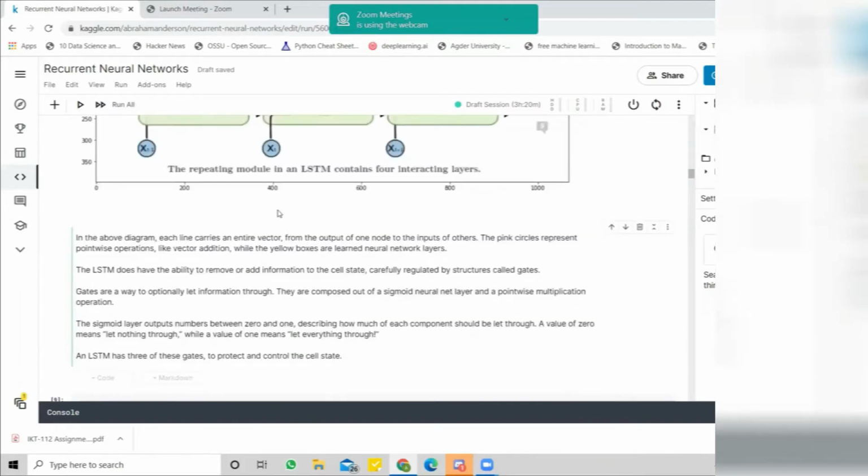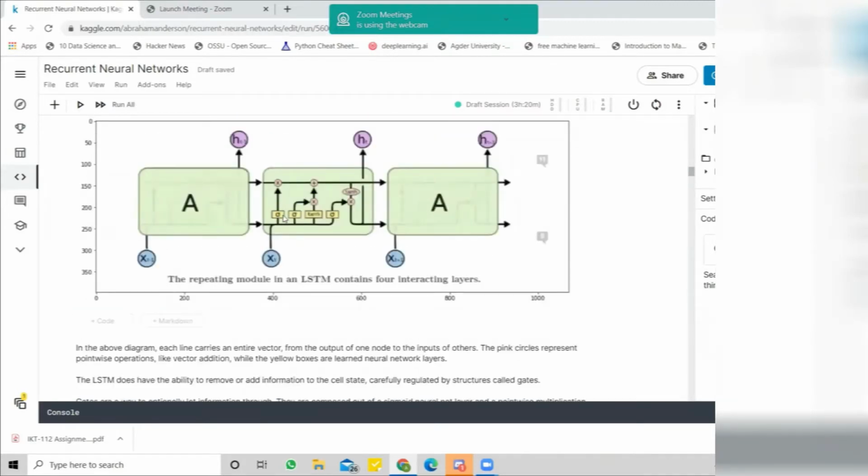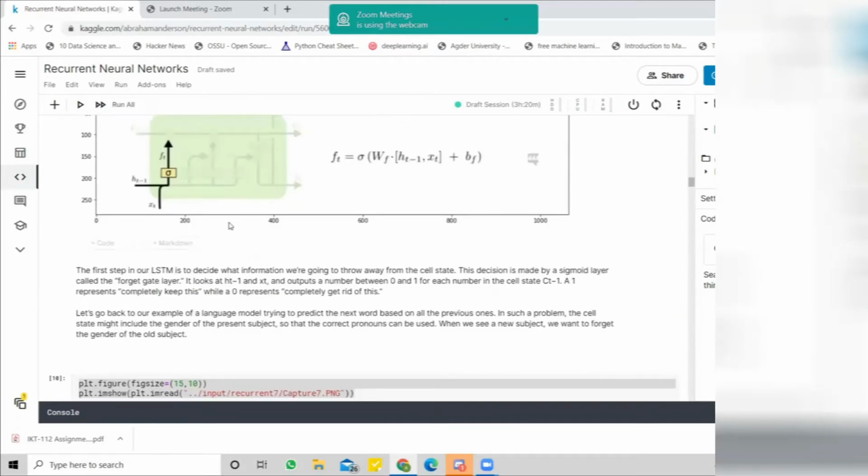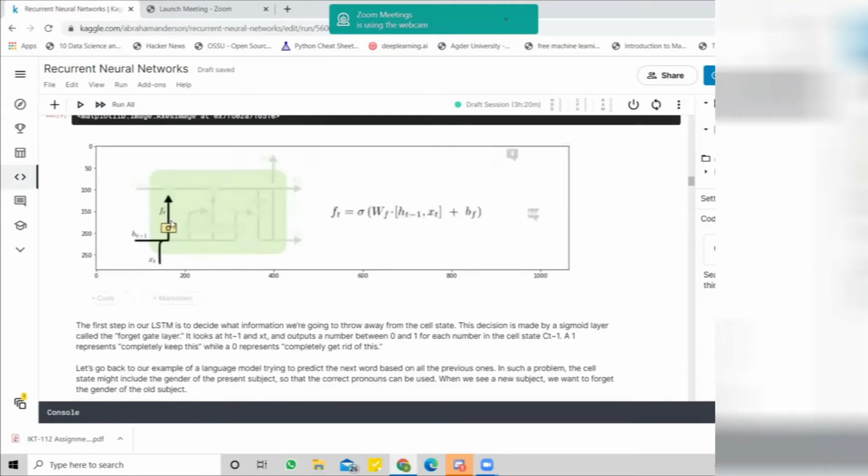For example, the first one, as you can see, has a sigmoid function with a cross symbol, right? This means, if information comes inside our neural network, maybe you remember a sigmoid function just outputs 1 or 0, right? 1 means it is okay. 0 means, in this recurrent neural network, please forget this one, right?